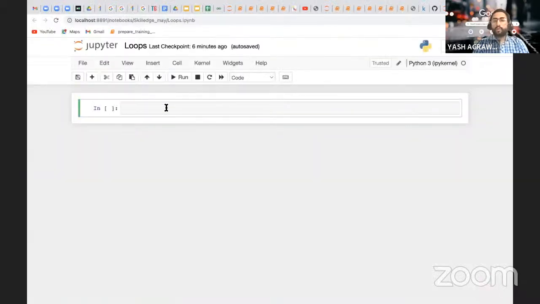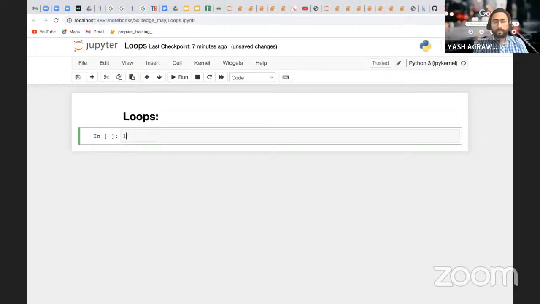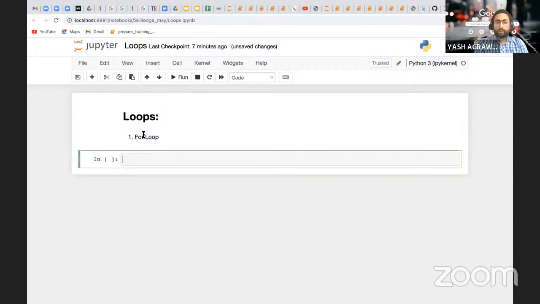Now we are going to decide the syntax of it. What will be the syntax for the for loop? Loops, first type. Now we are going to see how to write a for loop. We will create one list, list 1, 2, 3.